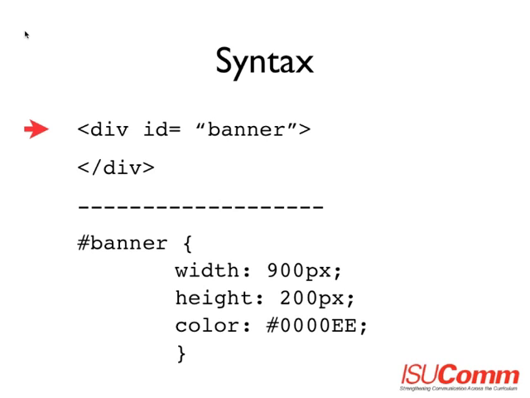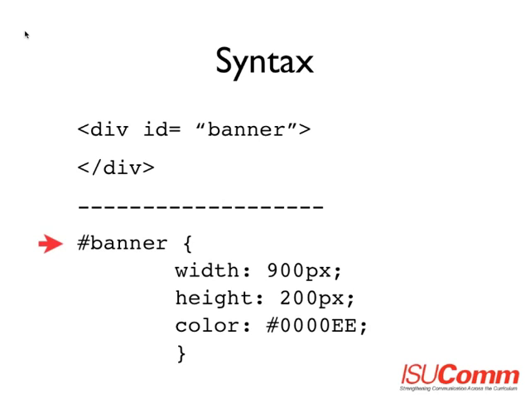So the ID for this div is called banner. I could have called it chocolate chip cookies if I wanted to, but the point is I'm just picking a name, banner, so I can point to it in my CSS code. So there's the idea. I'm saying my div is called banner. I'm going to say in my CSS code #banner, which means find the ID banner and do the following things to that div